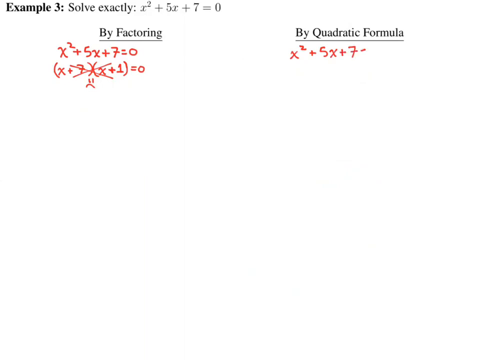So x squared plus 5x plus 7 equals 0. And so a equals 1, b equals 5, c equals 7. All right, now,